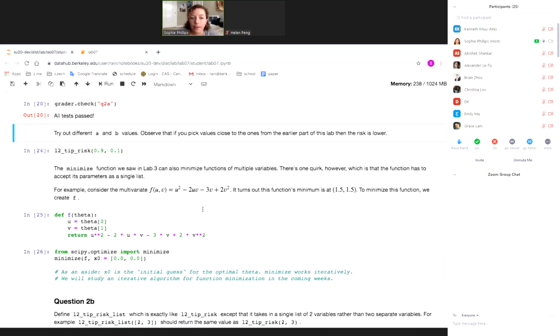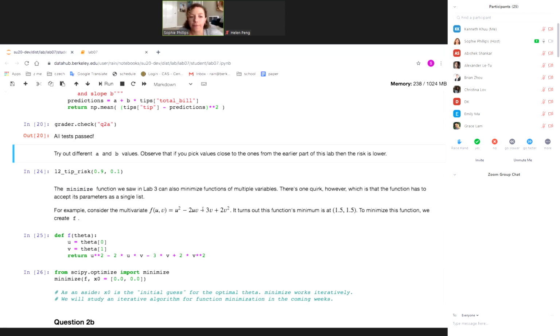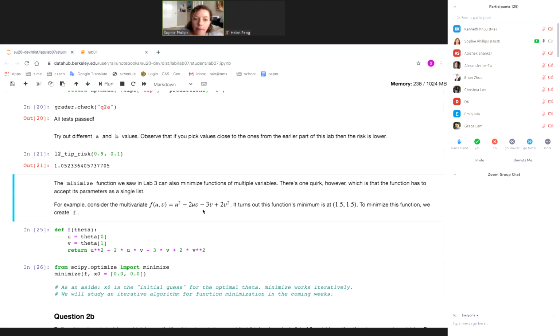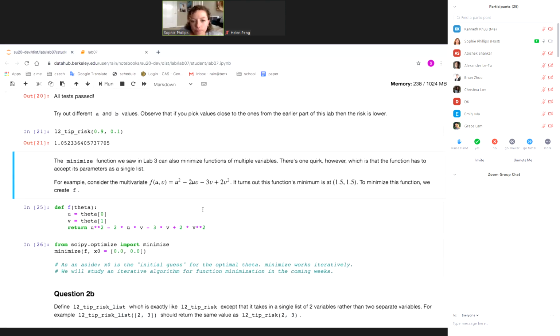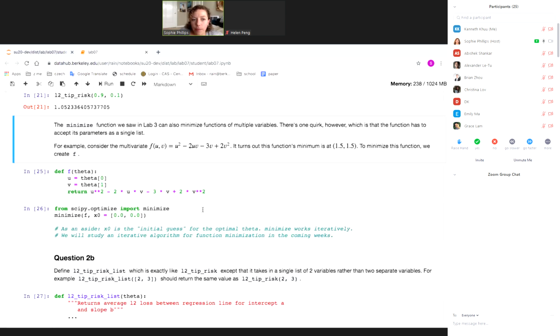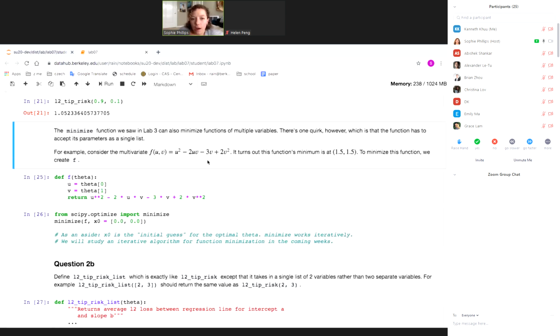And so now let's use our function to find the risk for different A and B values. If we use values close to what we tried earlier in this lab, we can see it's lower. So this minimize function can minimize functions with multiple variables, but there's one requirement, and that is that the function has to accept its parameters as a single list. The function can only take one argument, but that argument can be a list containing multiple parameters. So for example, if we were to use minimize to minimize this function f of u and v,